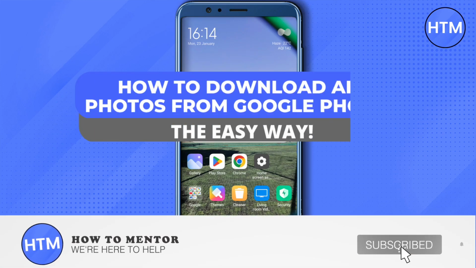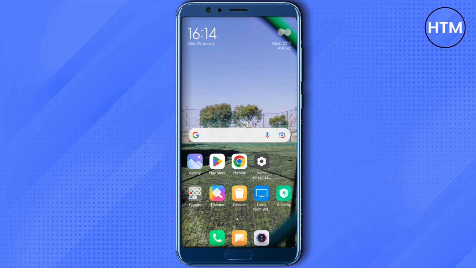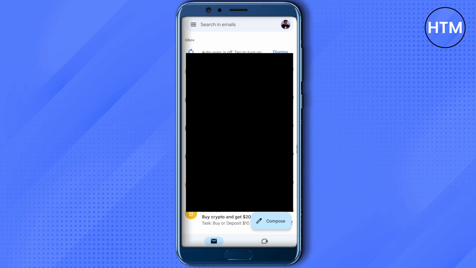Hello everyone, welcome to our channel, and today we will see how we can download all the photos from Google Photos in one click. So for that you need to open up your Gmail, and after opening up your Gmail